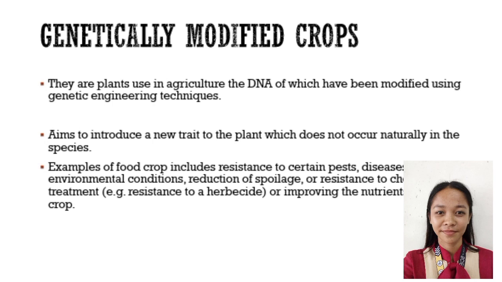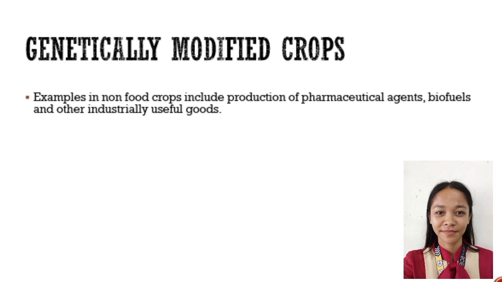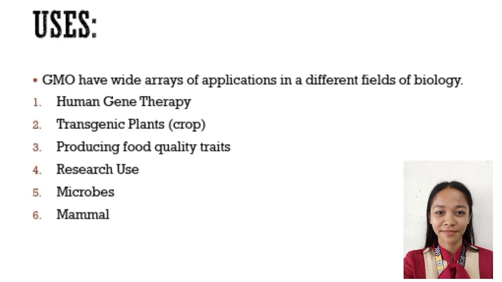Once the plant has been modified using engineering techniques, it can be called, for example, a corn, it can be called BT corn. BT stands for Bacillus thuringiensis, a group of soil microbes that are used to control certain insect pests. So, genetically modified crops, examples in non-food crops include production of pharmaceutical agents, biofuels, and other industrial useful goods. But before we continue to the next reporter, let me also discuss the transgenic plants